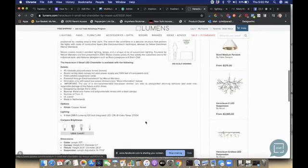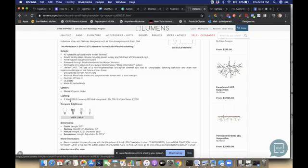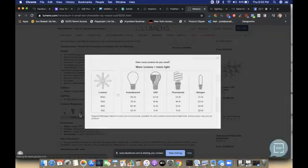If you go back to the details tab, another thing that it tells you is about the lumens, because if you're ordering LED lighting, the wattage on these lights is not going to be the same as your typical 60, 40, 100 watt light bulb. You're going to have to understand that the watts is how much energy it needs to work, or how much energy it's going to use while it's working, whereas the lumens is actually how much light it produces. And here you get this little graph that shows you lumens of the LED bulb as compared to the wattage on your traditional incandescent bulb